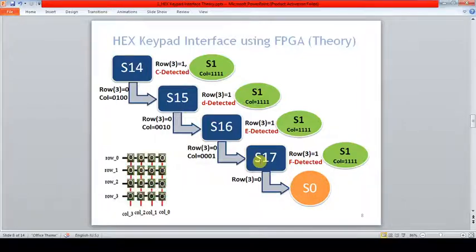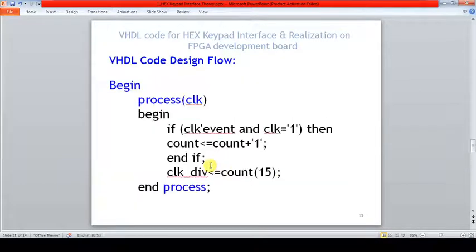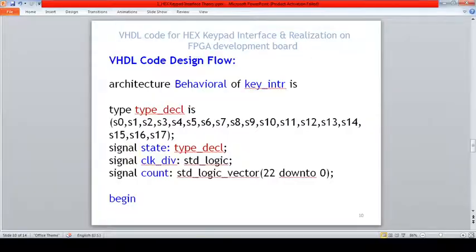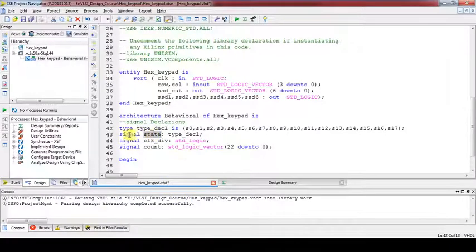Then a signal state we have used for the type declaration. Then clock divider, a single bit, and count of 22 down to 0, so in total it's a 23-bit bus signal.